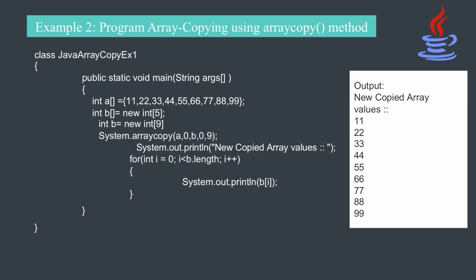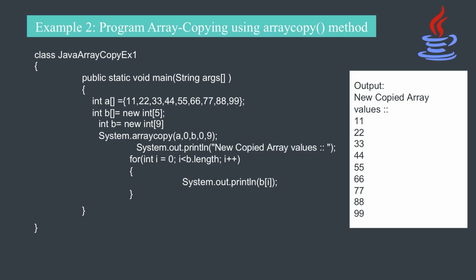From 11, copy the elements into B from 0th index. Total how many elements? 9 elements. So all 9 elements will be copied into array B, and finally print the new copied array values using the for loop. When you compile and run the program, the output will be 11 to 99,